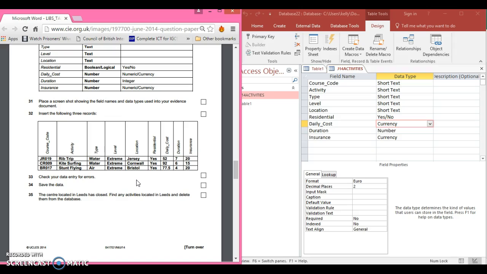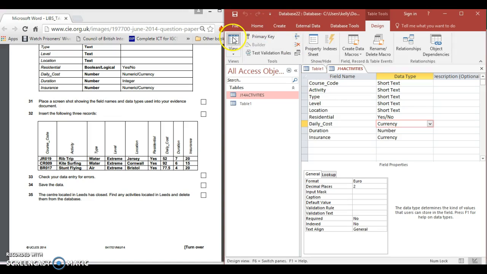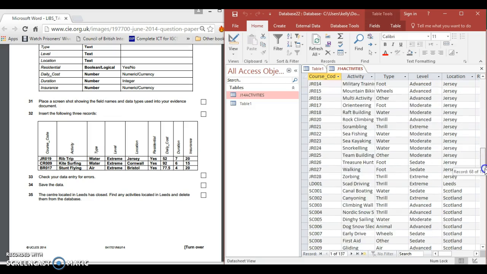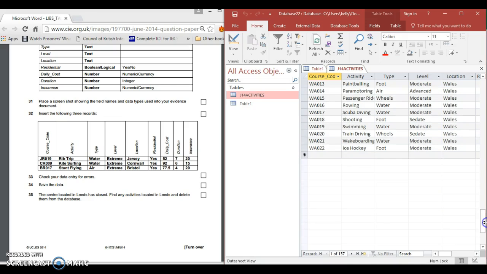Right, so here we need to type in this data. Okay? So we can do this together. If you go home, go to view, scroll down to the bottom, and start just typing the data in. So I'm putting some caps lock JR019 and take it off caps lock now. So rib trip, water,